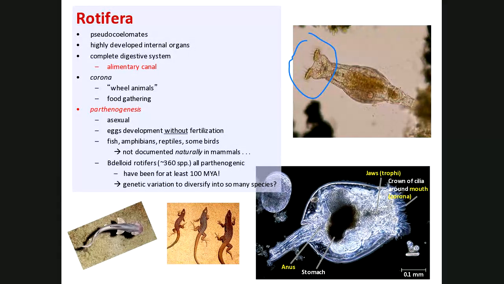And some species of reptiles, like these lizards that you see, in which the eggs can develop without fertilization. In some species of lizards, there are only females known. There are no males at all. Now, this does not occur naturally in mammals. They've got it to do it in the lab, but that is not something that we can document naturally in mammals. I said males. I meant to say mammals. Isn't that neat? So males are unimportant in some species. Now, how they survive, dealing with the genetic diversity issue, that's another story.